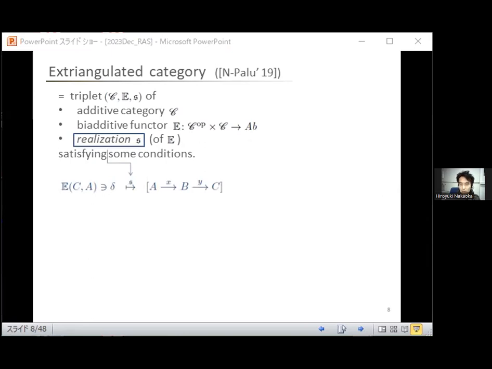Well, it is a correspondence which associates to any element delta of E(C, A)